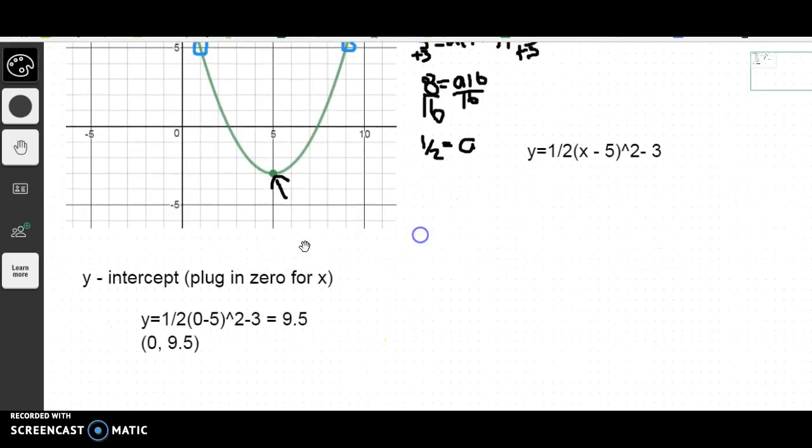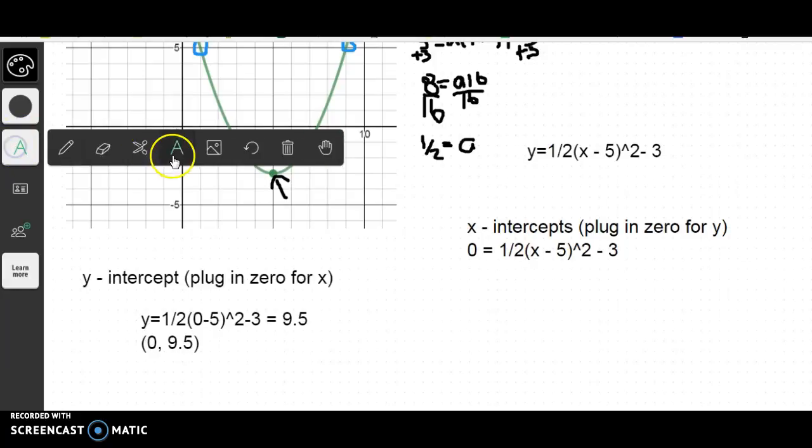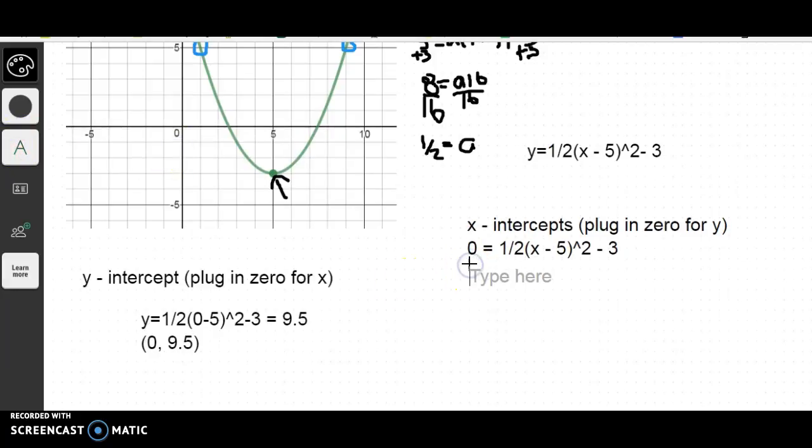Okay, now to find the x-intercepts. So now if you go over here, we're trying to find the x-intercepts. And now I'm going to plug in 0 for y, which is going to be right here. So 0 equals 1/2 times x minus 5 squared minus 3. Okay, so if we're going to solve this, what I'm going to do first is add this lonely 3 to the other side. So 0 plus 3 is 3. So now I have 3 equals 1/2 times x minus 5